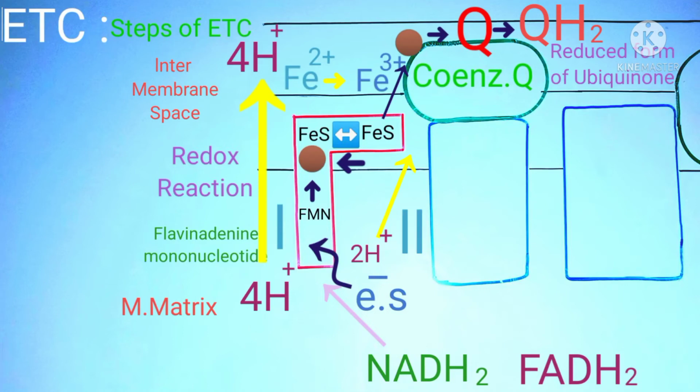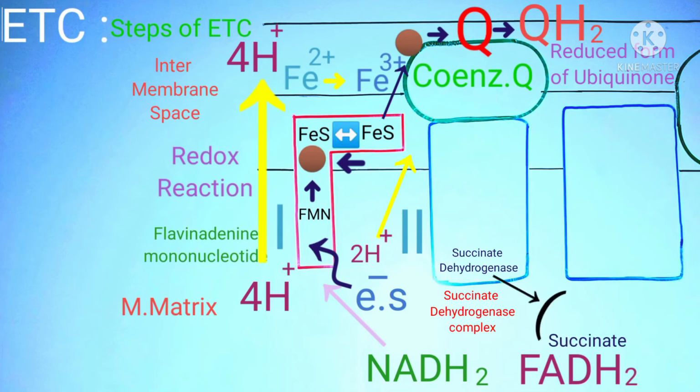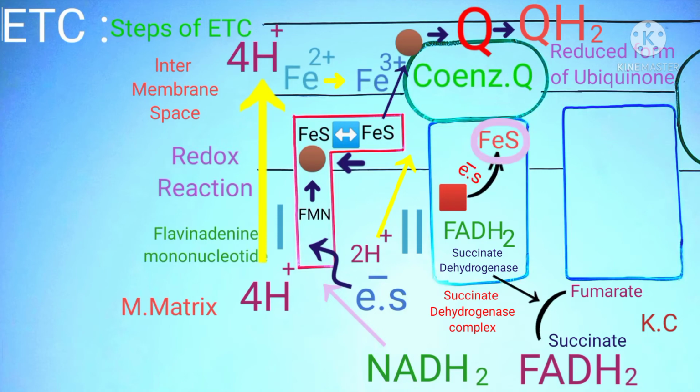Now coming to the second complex, which is the succinate dehydrogenase complex, which possesses the enzyme succinate dehydrogenase. It catalyzes the conversion of succinate to fumarate in the Krebs cycle. This is the oxidation reaction which creates the production of FADH2. FADH2 remains inside the second complex and contributes the electrons to the iron sulfur complexes of the second complex. Then these electrons are transferred to the ubiquinone in a similar way as these electrons are transferred from the first complex. The ubiquinone is a freely permeable molecule inside the inner mitochondrial membrane which is utilized to donate the electrons